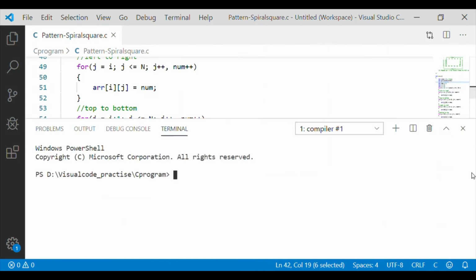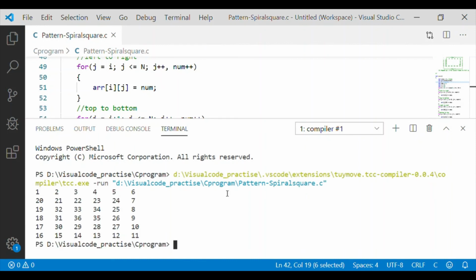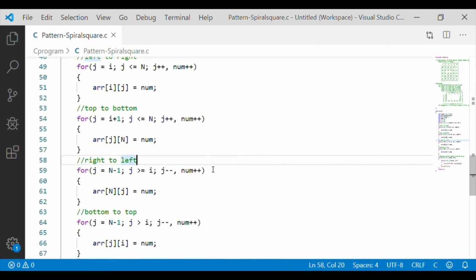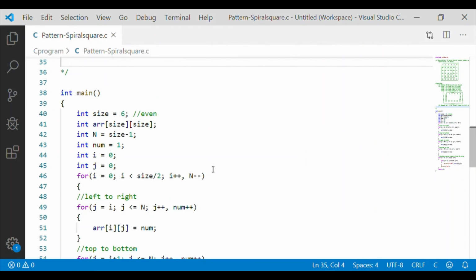Okay. Now on executing we got our spiral square starting from 1, filling the outermost boundary on 4 sides before filling the subsequent innermost squares. It looks like the numbers are spiraling from outside to inside. Our code is flexible to provide different sizes for this spiral square pattern.